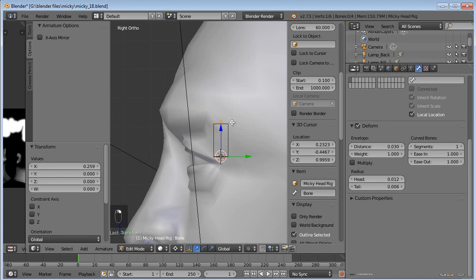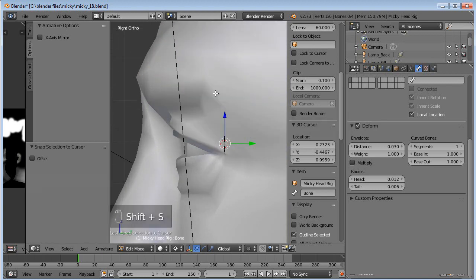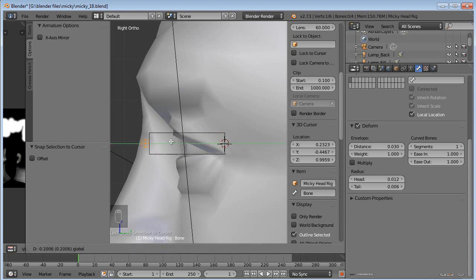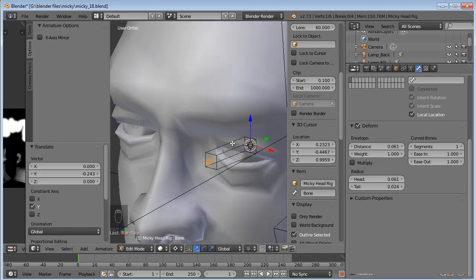Okay. Then I'm going to grab the very tip of it and Shift-S, selection to cursor, and it looks like everything disappeared, but it still selects it. So as long as you don't click out anywhere else, you can still select it. I'm going to grab this green arrow, that's the Y-axis, click and drag it out so it's perfectly straight forward, as you can see. So now he's looking perfectly straight forward there. So I'll grab this one and call it eyeball.L,